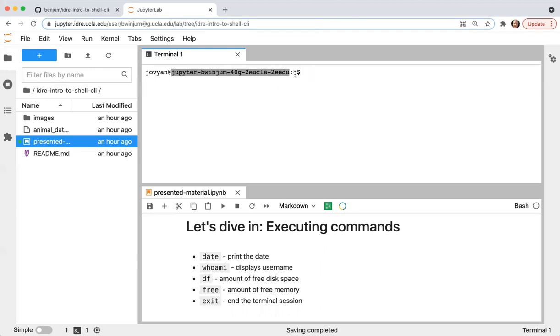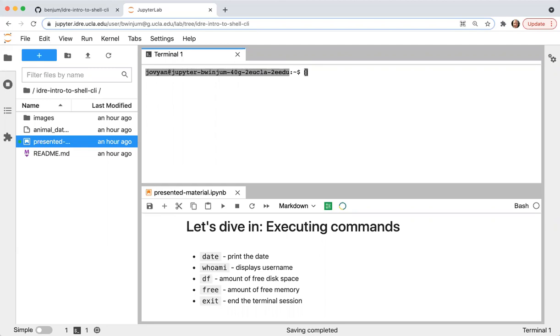There's the colon, the tilde, and the $. The $ sign tells you that you're at the command line interface prompt. When you interact with other operating systems or shells, say on other computers besides this one that I'm making available on the JupyterHub, you'll still see this $ sign, although the information here will be different. So this $ sign tells you that you're at the prompt.